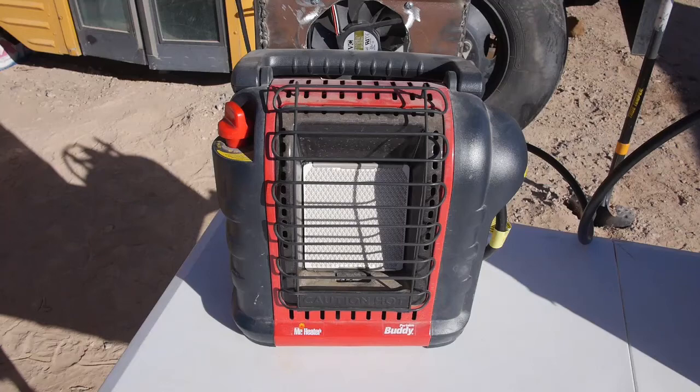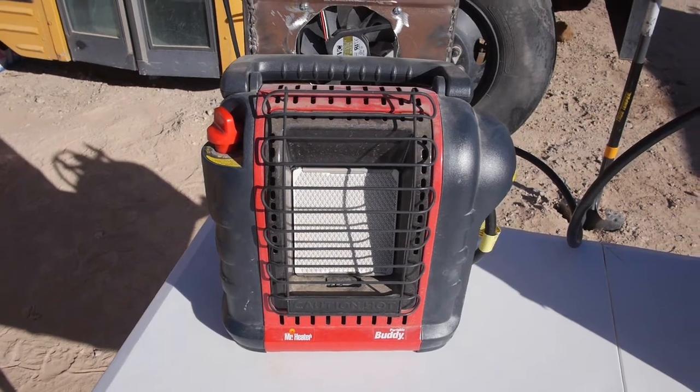These things start off simple enough. I started off with this, the Mr. Heater portable buddy heater. I don't remember what it cost. I think I've seen them in Walmart for about 80 bucks now, something like that. And then in the camper shell project, where I put the heater was too close to where the bubble wrap insulation was. So then I built